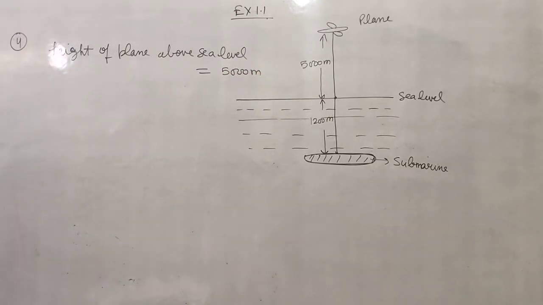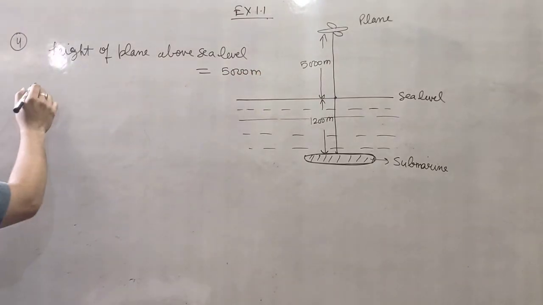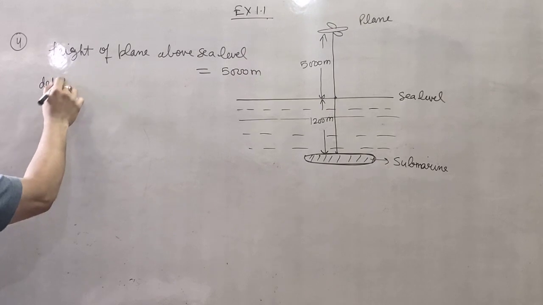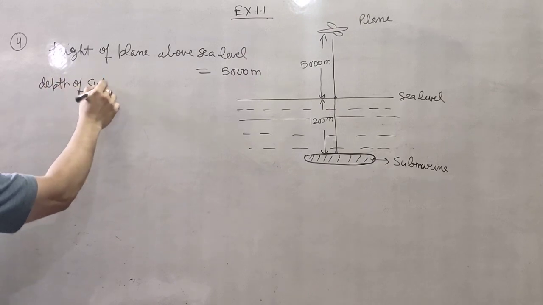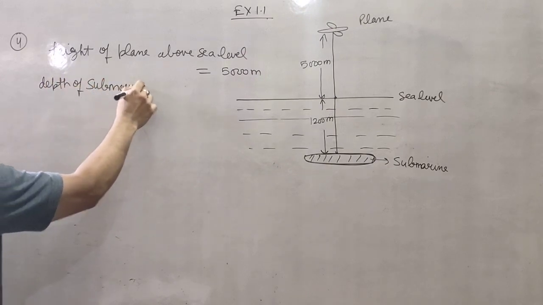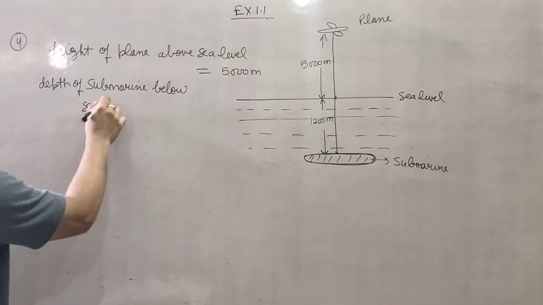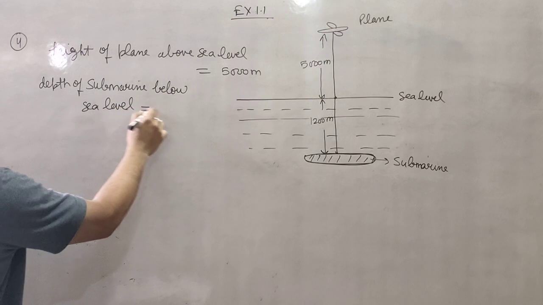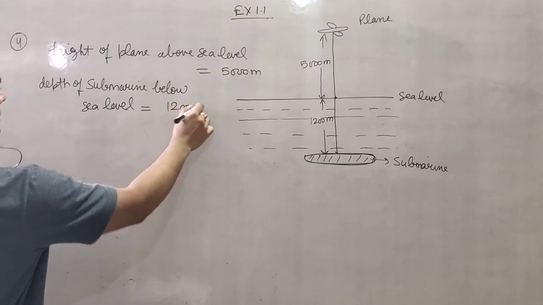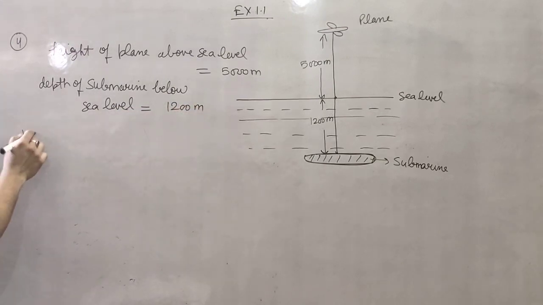This is the first which is given. Now depth of submarine below sea level will be equal to 1200 meters. Now we have to find the vertical distance